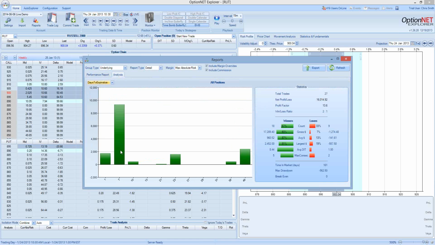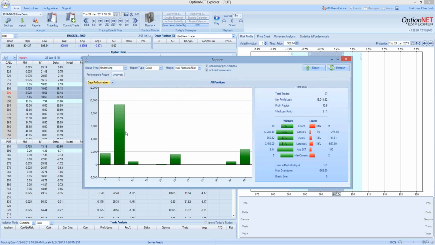This is showing my realized profit and loss based on the number of days to expiration. So here's 1 day to expiration, 7, 10, 23, 45,